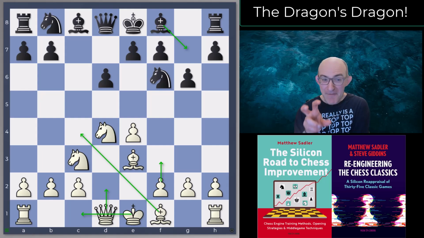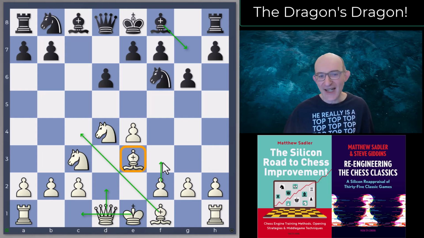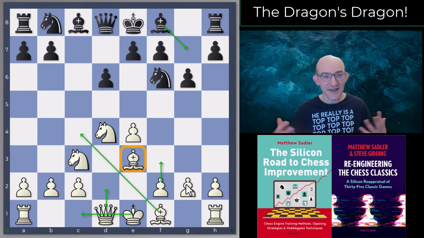So this is the main line of the Sicilian Dragon, where white has played the move 6 bishop e3. What is white's intention? White wants to play queen d2, f3, actually f3 first and then queen d2, and then either castle or play the bishop to c4. You know, this is known as a very aggressive and very, very sharp branch of the Sicilian with huge amounts